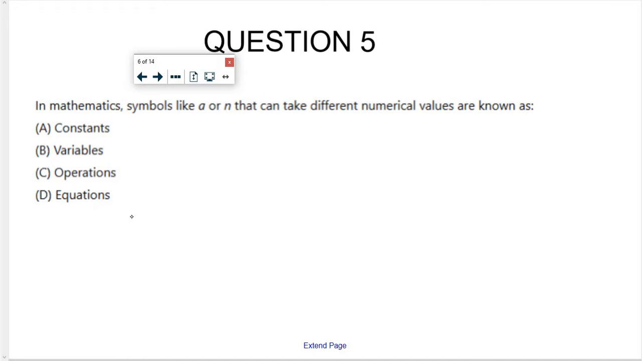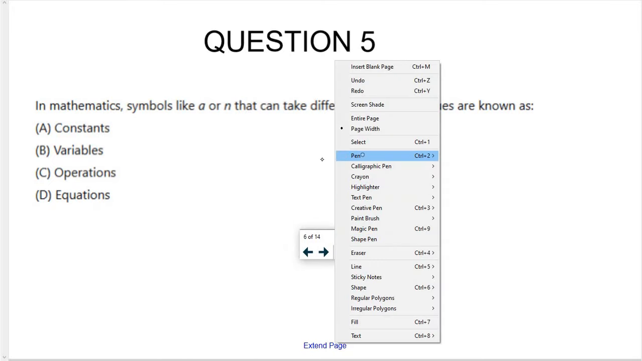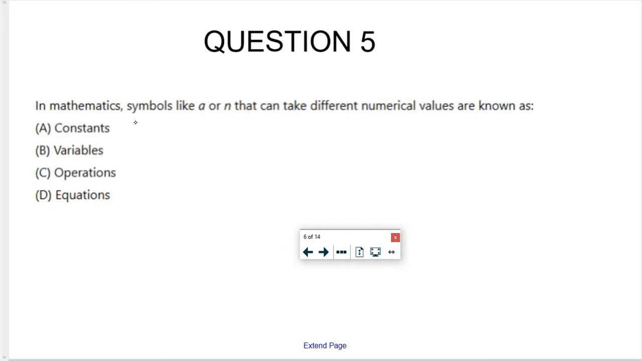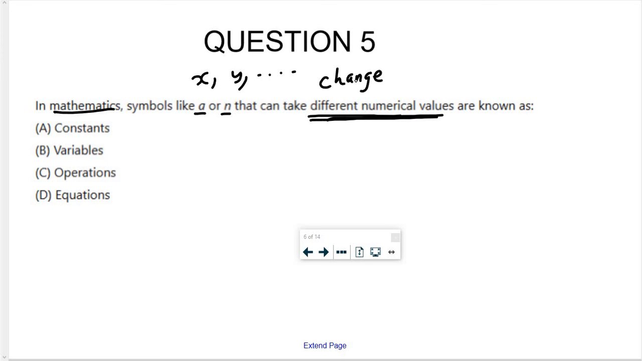The next question, question number 5. Now, question number 5 says that in mathematics, symbols like A, N, X, Y, anything, that can take different numerical values. Different means the number which keeps on changing. So in mathematics, symbols like A, N, X, Y, that can take different numerical values are known